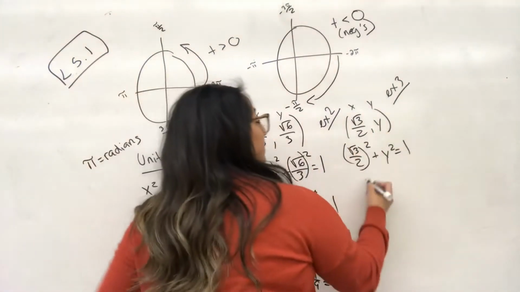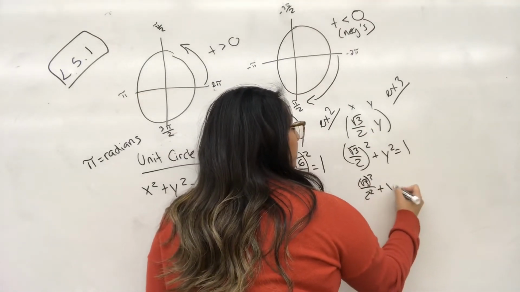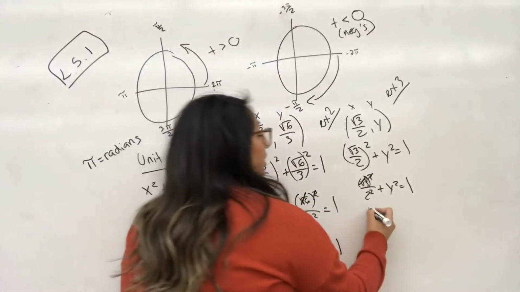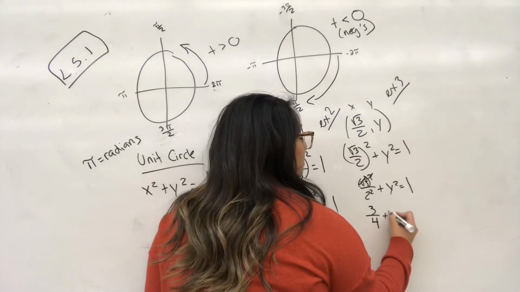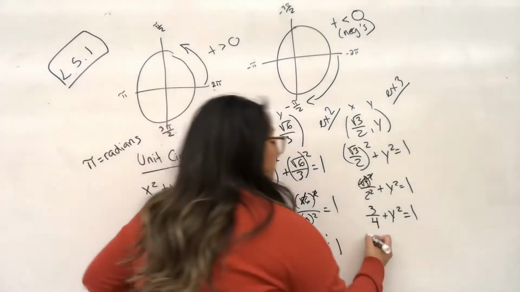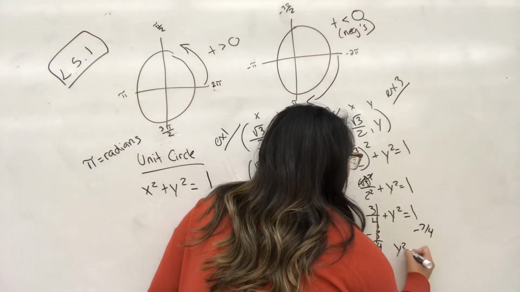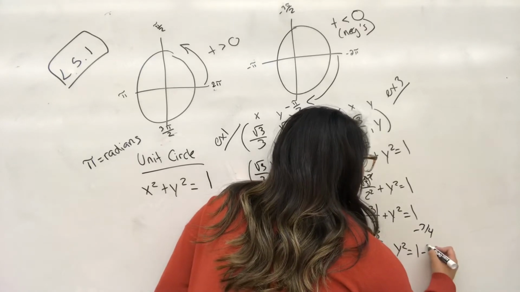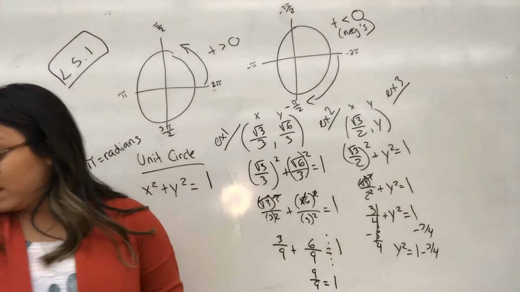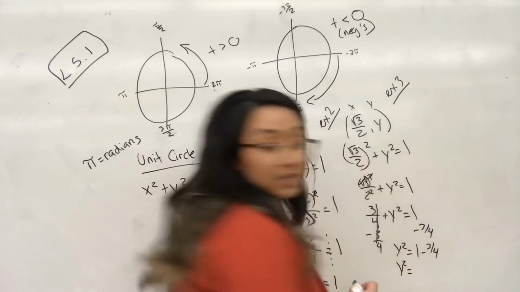So continuing, we know that you square the top and the bottom. Plus y squared equals 1. This cancels out, the radicals all cancel out. So you're left with 3 over 4 plus y squared equals 1. So you go ahead and subtract them from both sides, you get y squared is equal to 1 minus 3 over 4. And then you go ahead and solve for it, and the book has it for you, so you end up with y squared equals